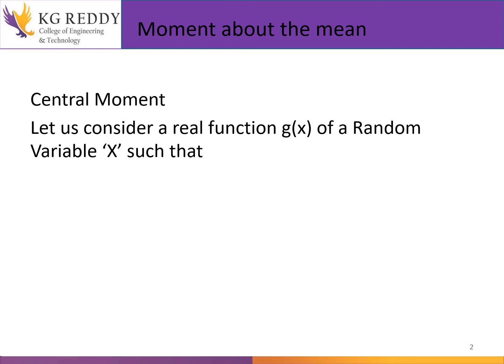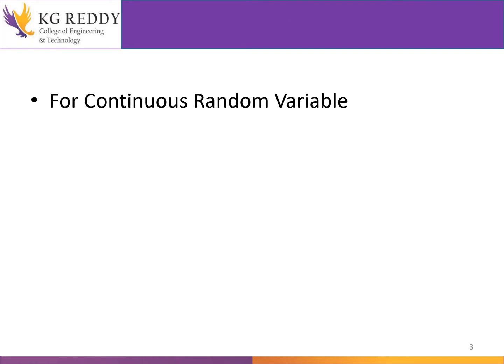of a random variable x, such that now here we will be defining the function g of x. Here g of x is nothing but x minus x bar raised to n, because we are taking moment about the mean. Here n is equal to 0, 1, 2, 3, right? So the same thing. Next, we will be defining the central moment for the continuous random